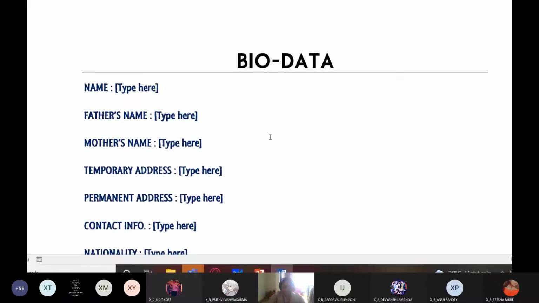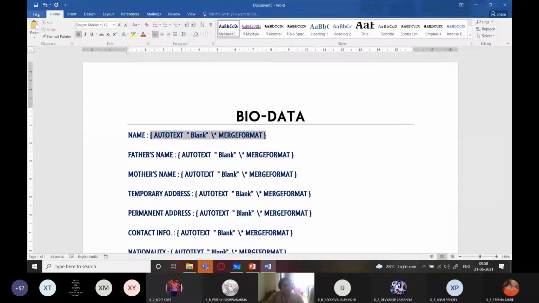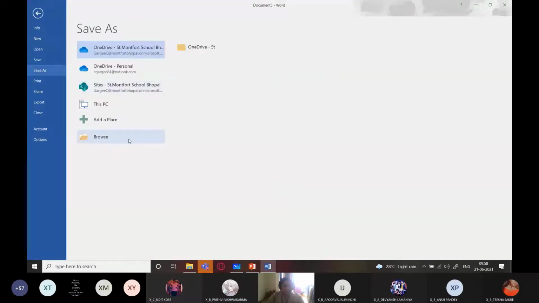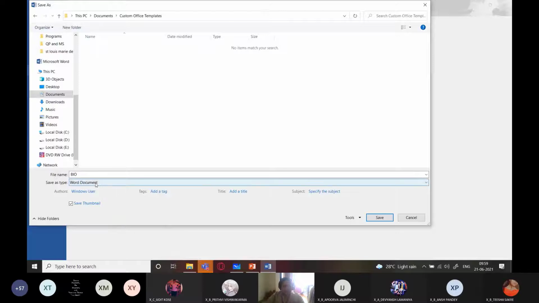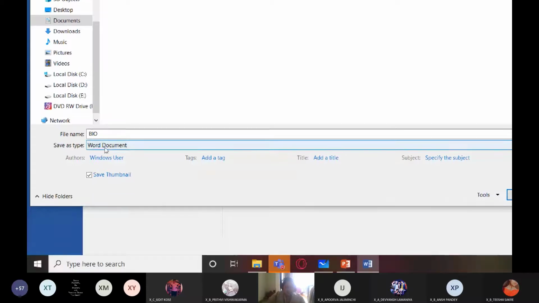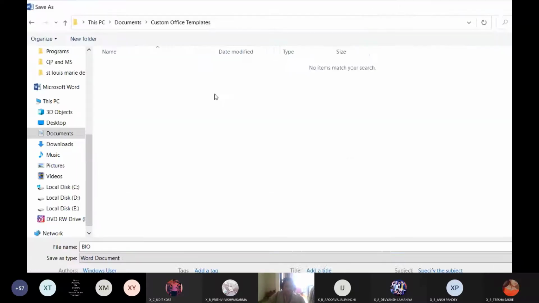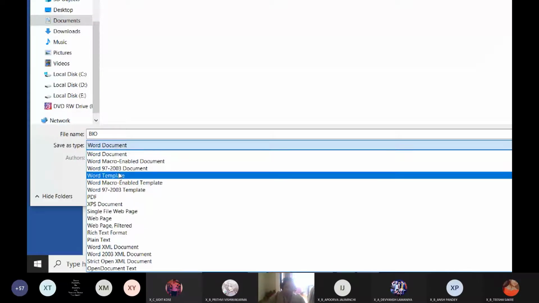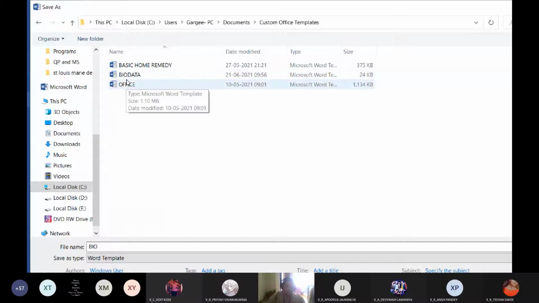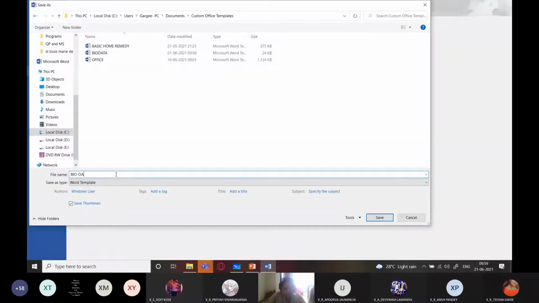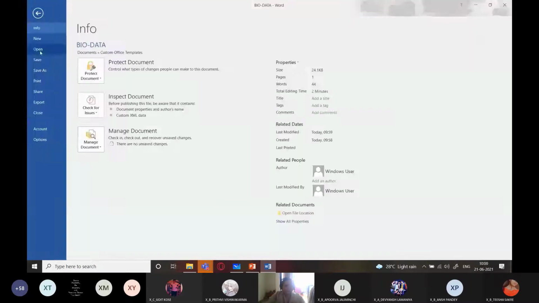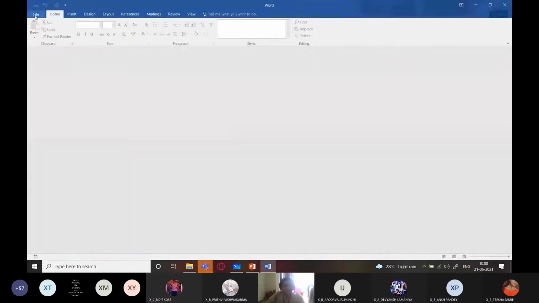Click on this and it opens a new document, and you can see what is the name here, document 3. Okay, now I'm just going to save it. Again, it is showing document 5. So I'll go to File, Save As, Browse, and Custom Office Templates. From here, I need to first change the Save As type, because right now Word document is selected. So it is supposed to show only Word documents, not the template. So I have to go to Save As type, select Word template. Now it will show the template. Just going to type here bio-data. Let it save as another one, and I'm going to close this document right now.